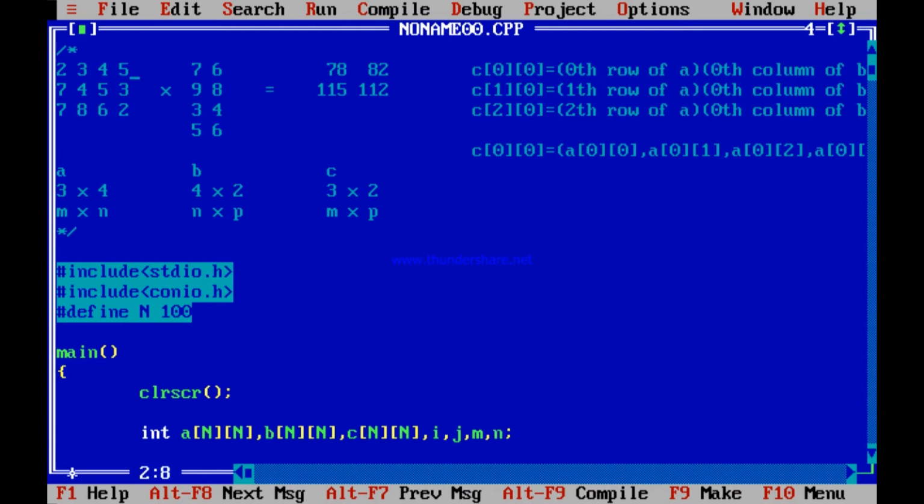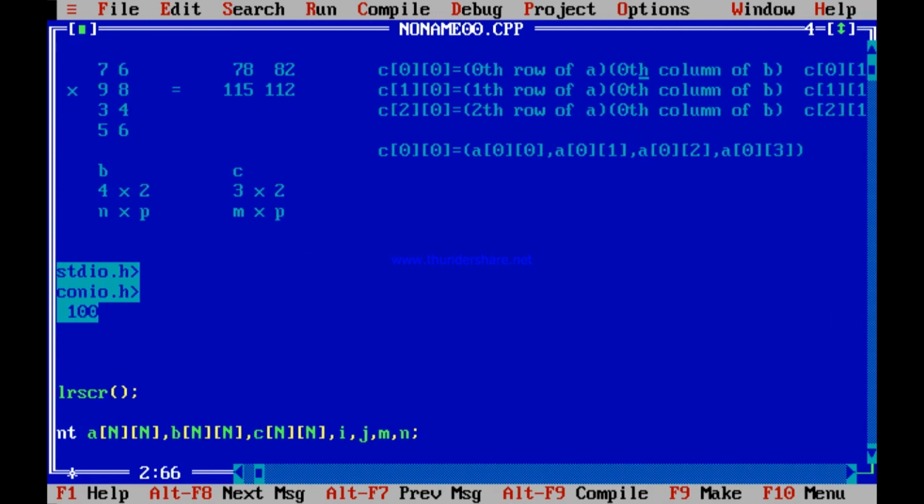And what else? It is using the 0th column of B. So the 0th column of B, what does it mean? It means B00, definitely. Then the row number changes, B10. The row number changes because it's the same column, 0th column. So this 0 remains intact.